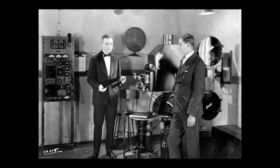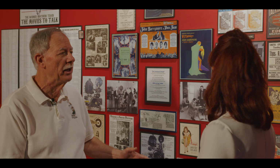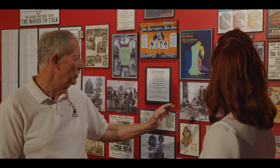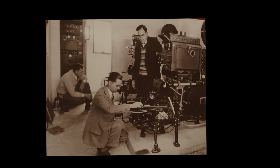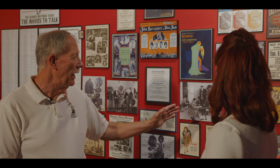the sound was in sync with the movie, but it's a system that didn't last long because you have the sound that is separate from the movies. So the next advancement that would be made is you're going to put the sound right on the film with the pictures. But this is the historic sound system that was used for The Jazz Singer,